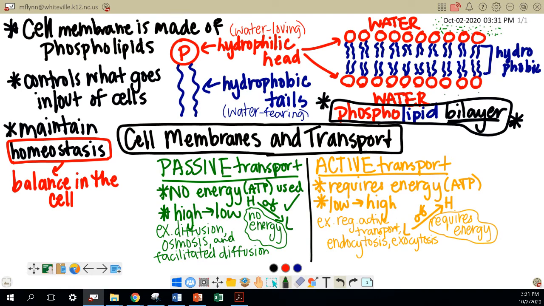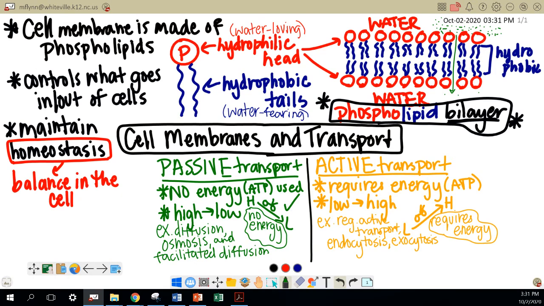That's like being in a super crowded hallway and going into an empty classroom. It's very, very easy to move to where there's less. So active transport is moving to where there's more, and it takes energy to push it there. And passive transport is moving to where there's less, because you can just ride that out,